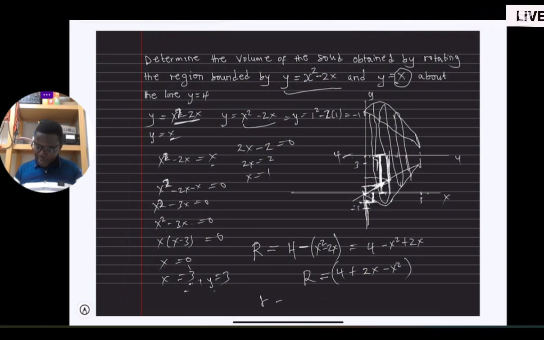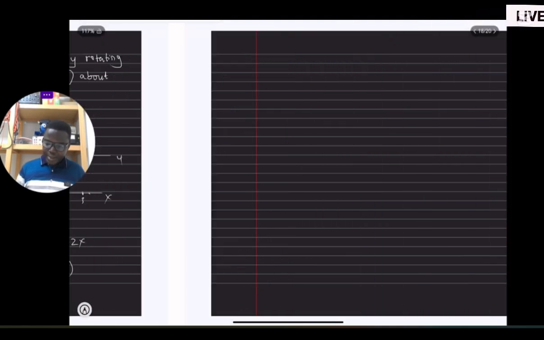So now let's look at our inner radius. Our inner radius can be represented as R. The same approach. You pick the constant which is not changing, and then we subtract the inner function from it, which is what? X. So now our inner function will have something like this as our radius, right? So in that case, the same approach as we did for our previous example, what we can do is to find the area. The area of the outer function is going to be equal to